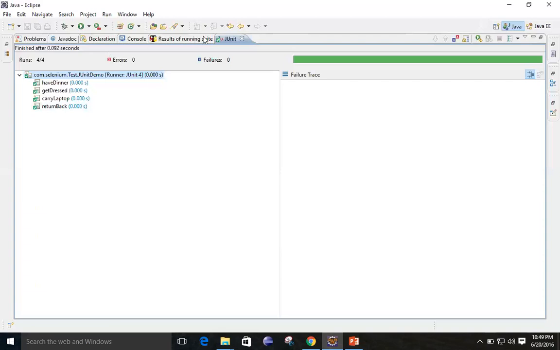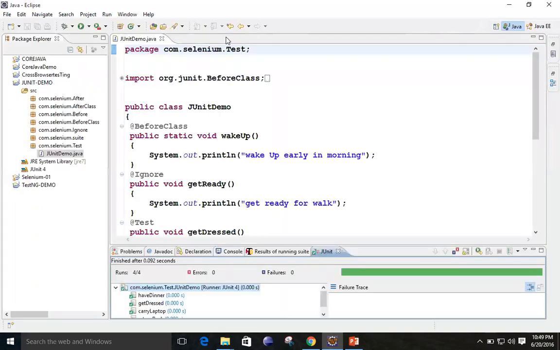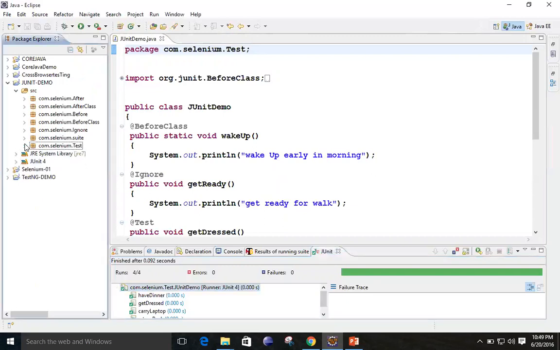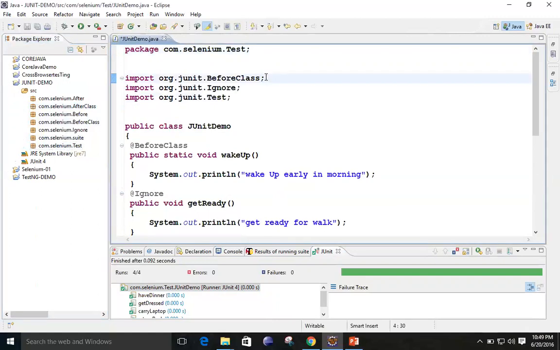So these are the different annotations that are present in JUnit. Okay, and my suggestion is that you try all the annotations separately, like this one. After you try after class, before everything, then you should combine all of them into one and try to run that. Okay, don't simply write within a single class and try it. You should try some different forms also. So any confusion in these test annotations? Because whatever the annotation name is telling, the work is also the same.